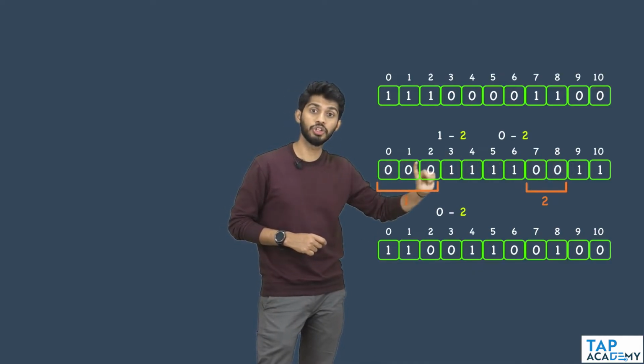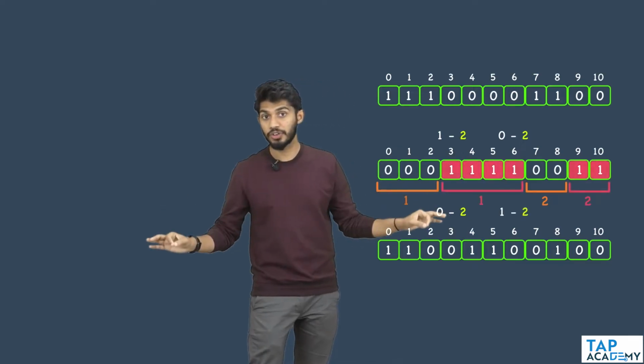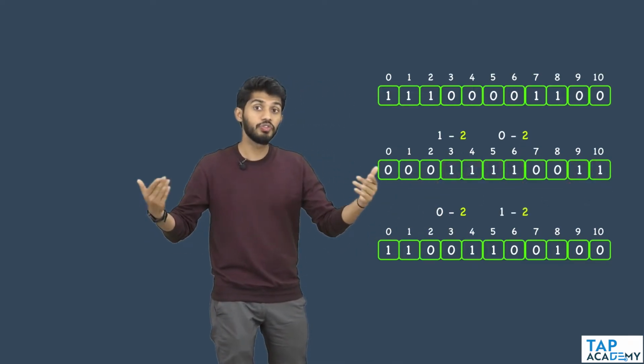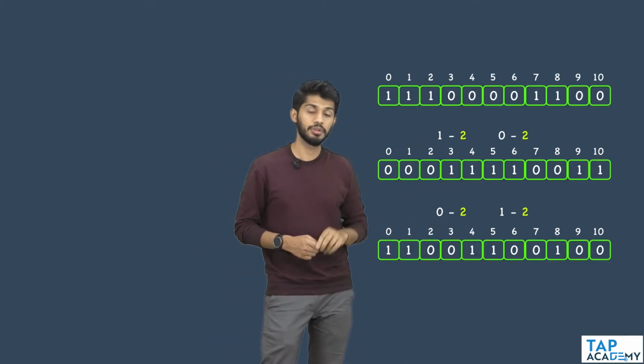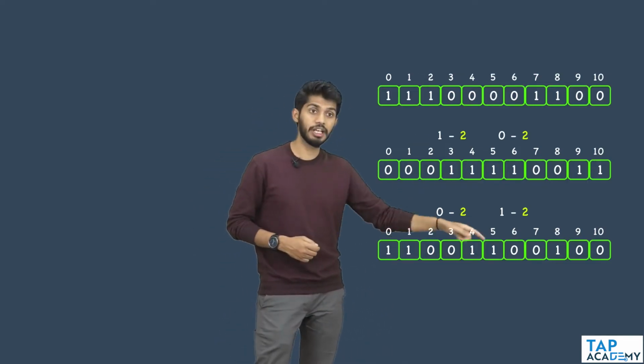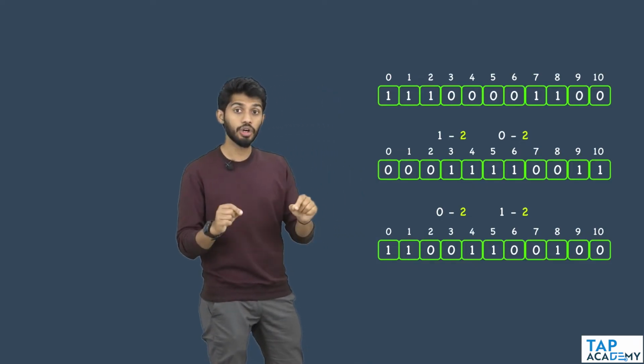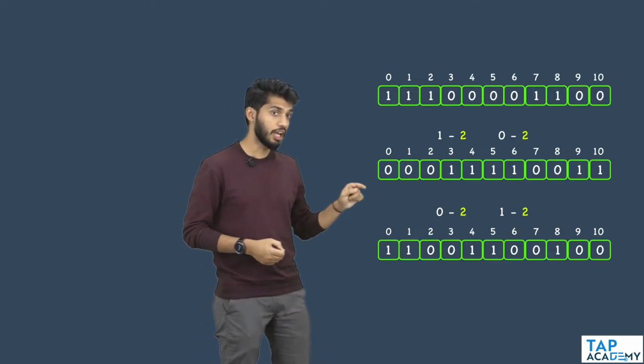There are two groups of zeros and two groups of ones. So they are equal, so you can flip either. Which I am going to flip is the group of ones, the second one. Next, when I come to the third example, in this third example, what I can do is flip